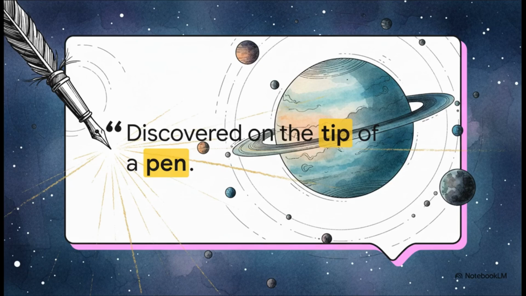Think about that. Neptune wasn't found by chance or by just randomly sweeping the skies. It was found because the rigorous application of Newtonian physics showed that these gravitational irregularities weren't errors at all. They were signals. They were whispers from an unseen world.